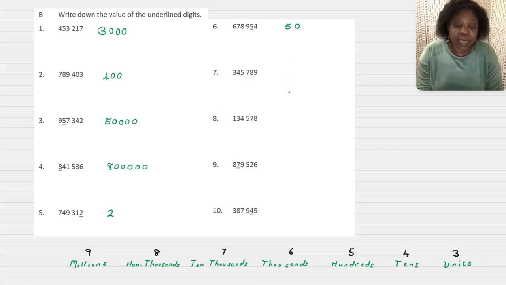We have the number 345,789. The digit underlined is the number 5. The value of the 5 is 5,000. We come to question 8. The number is